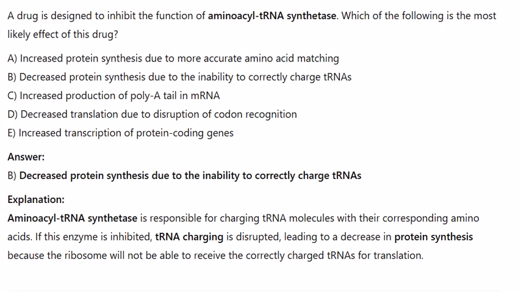Answer. B. Decreased protein synthesis due to the inability to correctly charge tRNAs. Explanation. Amino-acyl tRNA synthetase is responsible for charging tRNA molecules with their corresponding amino acids. If this enzyme is inhibited, tRNA charging is disrupted, leading to a decrease in protein synthesis because the ribosome will not be able to receive the correctly charged tRNAs for translation. These questions cover the